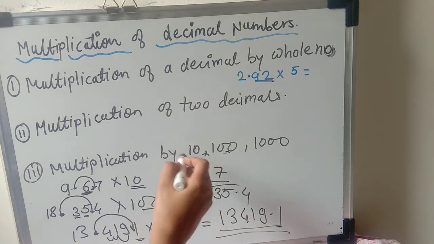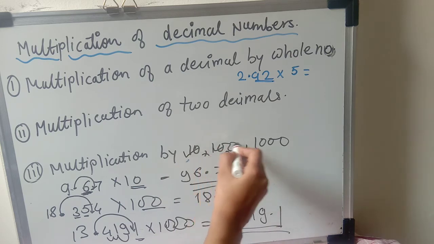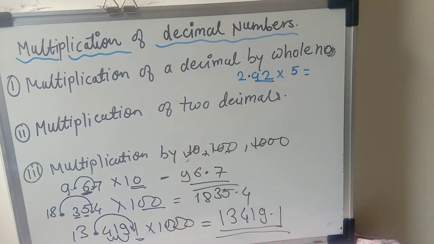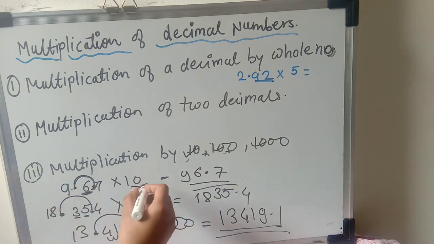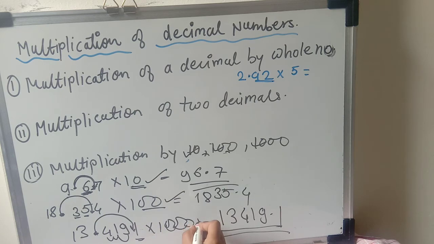So whenever you are multiplying with the 10, 100 and 1000, remember जो भी डेसिमल है 10 के साथ मल्टीप्लाई होगा तो डेसिमल से 10 की प्लेस एक छोड़ के वहां पे डेसिमल आ जाएगा. ओके, सो यहाँ पे एक प्लेस, यहाँ पे एक प्लेस, यहाँ पे 2 प्लेस और यहाँ पे 3 प्लेस छोड़ के डेसिमल अपनी राइट साइड से पोजीशन चेंज कर देगा. That we have seen over here. In the next session we will see and solve the exercise 2.6 on the basis of all these things. Okay,